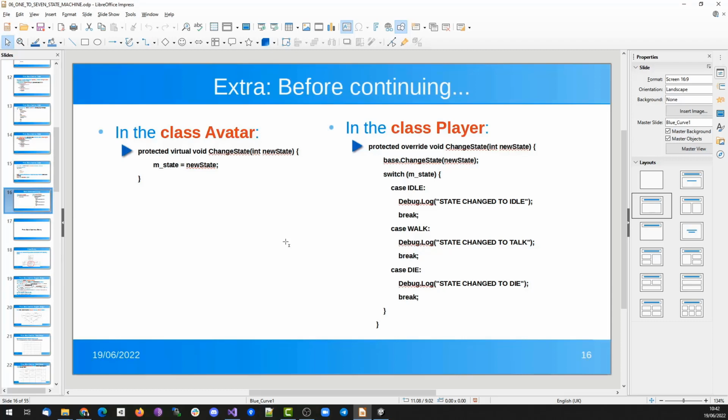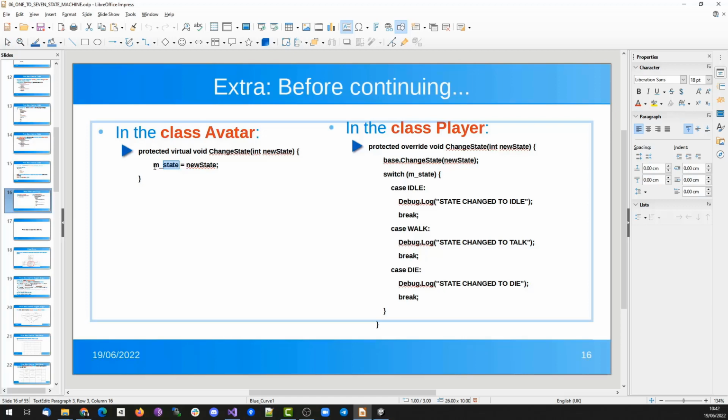What we are going to do is, instead of assigning directly to our mState variable our state die or our state walk, we are going to create a method, change state, in the class avatar,